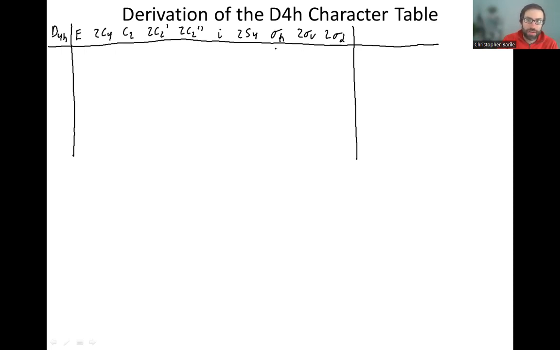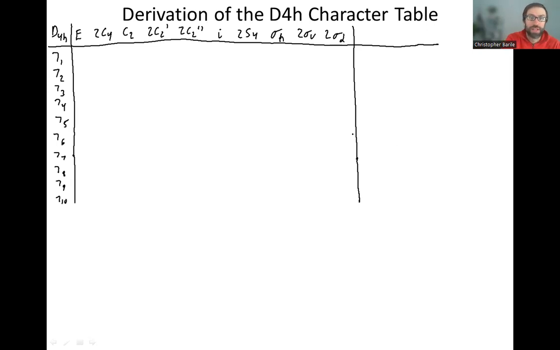The first rule of the character table is that the number of classes has to equal the number of irreducible representations. That tells us that we're going to have 10 different irreducible representations here. So I'm going to label those gamma 1 through 10. Later on, we will replace these with the Mulliken symbols using the Mulliken symbol rules. But for now, we need to figure out what the irreducible representations are before we can give them the proper